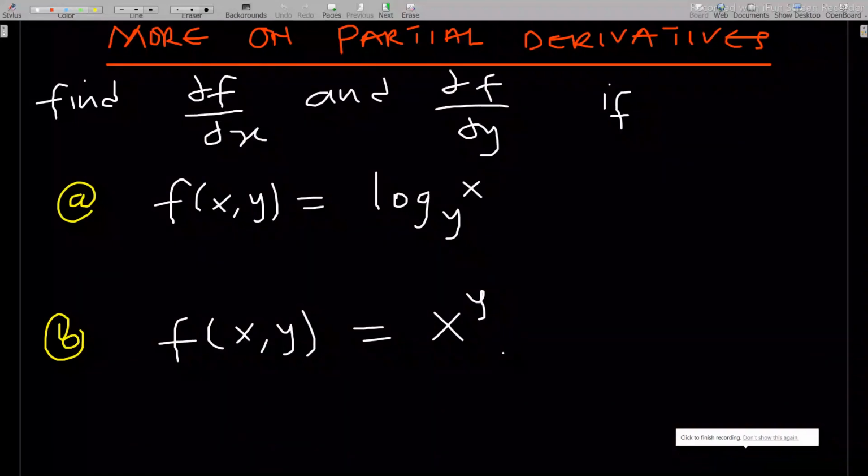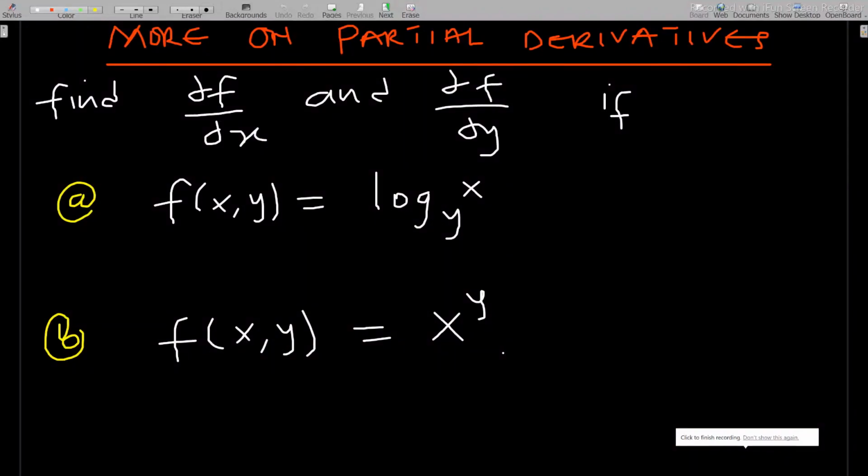Hello, welcome to this lesson of our study of partial differentiation. In this lesson, we'll go through some examples of normal partial differentiation and also some that will